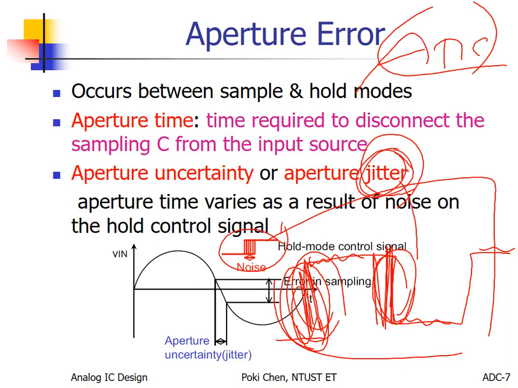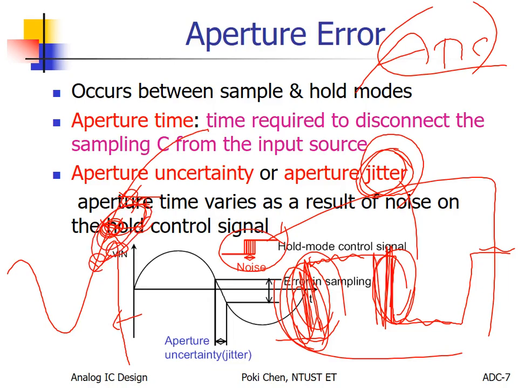And what is the impact of jitter on your ADC? For example, that is the waveform. In theory, you need to do your sample here. But according to the jitter, sometimes it is pushed earlier, and you get the sample value here. Or it is pushed later, and you get another sample value. And the difference is the so-called error, right? Because in theory, you need to get your sample here. But according to jitter, here, there, wow, you got a lot of errors.